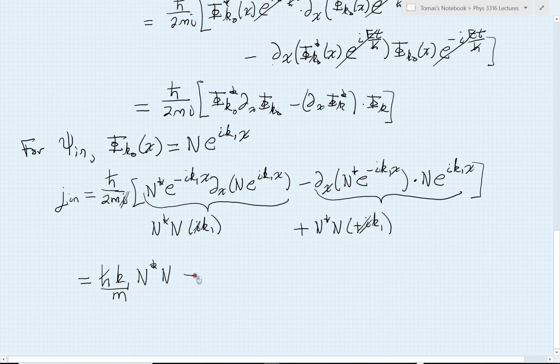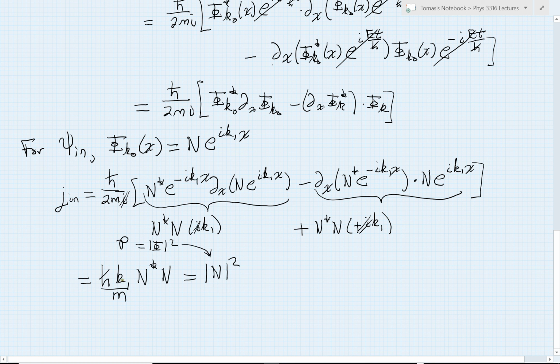And I can rewrite this in a slightly more suggestive and convenient form. I want you to notice that this is just modulo n squared times some other factors, but modulo n squared is just modulo psi squared. That's the same thing as modulo of the wave function squared, which equals the probability density in my wave. So that's interesting. That's the first factor I get.